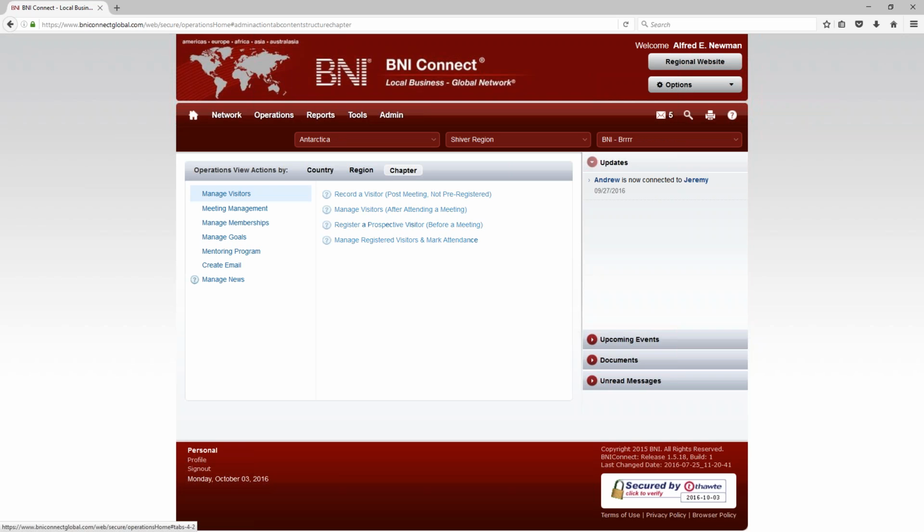All right, let's take a look at the meeting management, a couple of options under here. The primary function under here is the management of the weekly POMS report. And the weekly POMS report, again, this is the bread and butter of what we're keeping track of in BNI. We're keeping track of how many referrals people have given and received and how many one-to-ones people are having. This is our accountability piece of BNI. So with that said,